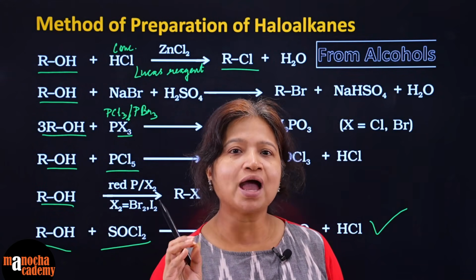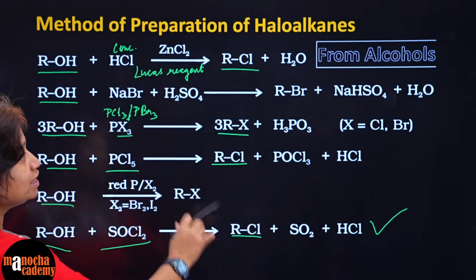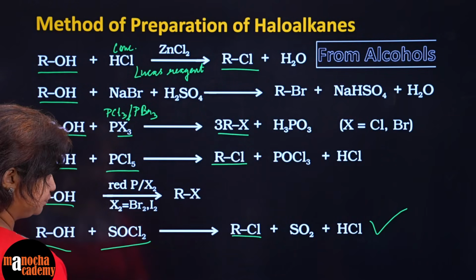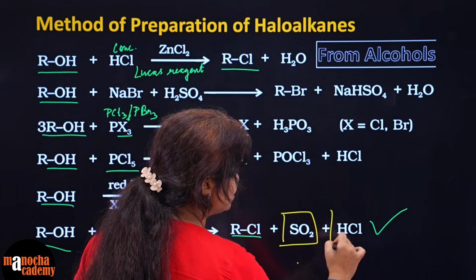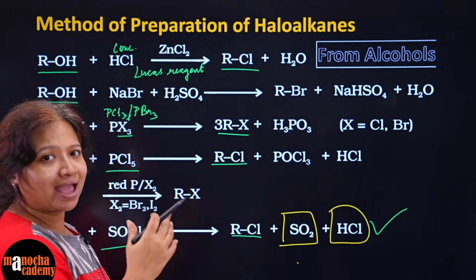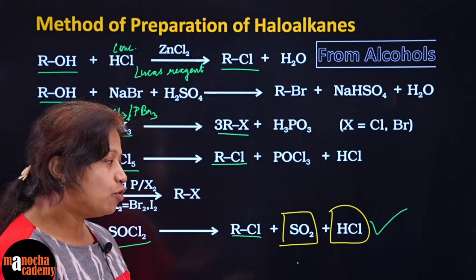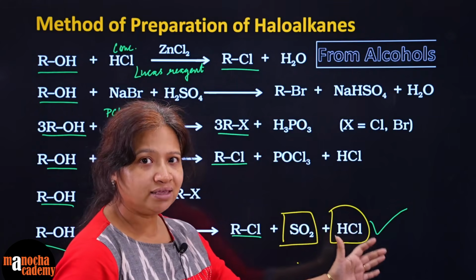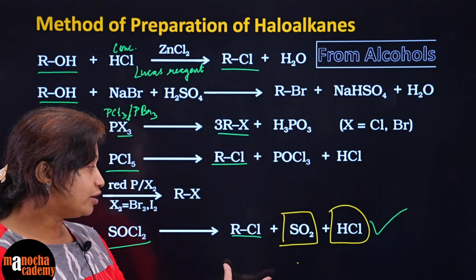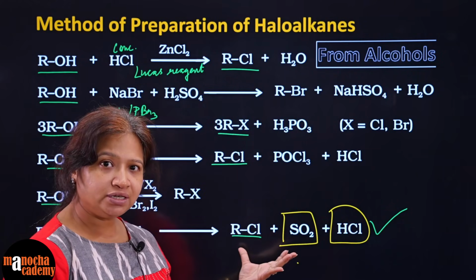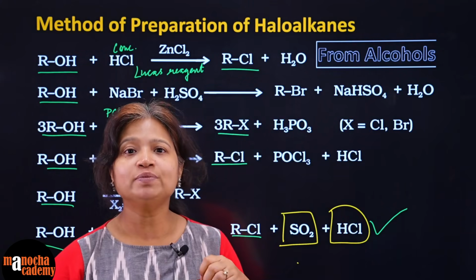The reason thionyl chloride is the most preferred one is, you see, in all the methods you have a byproduct, right? And the byproducts that you have here, both are gases. Both are gases, so they are easier to separate out first of all because they escape easily. Moreover, since they escape very easily, the equilibrium lies to the right. Accordingly the yield or productivity of the chloroalkane increases and the separation technique also becomes easier.